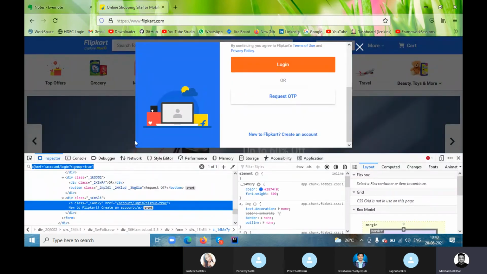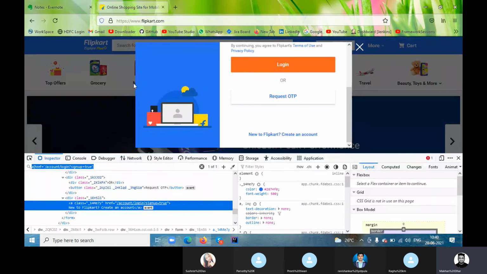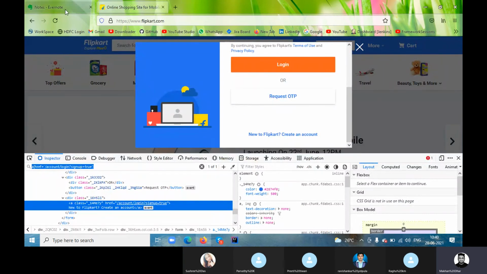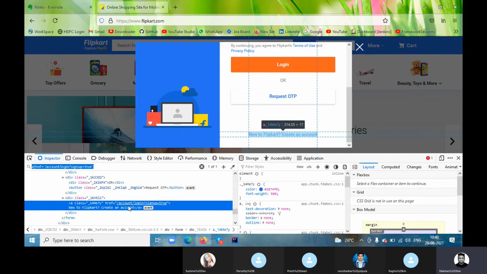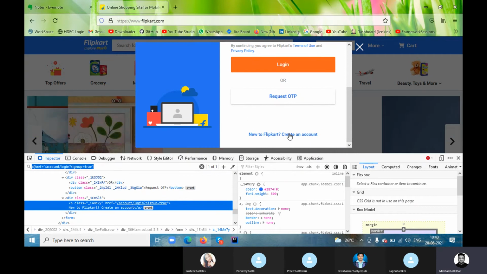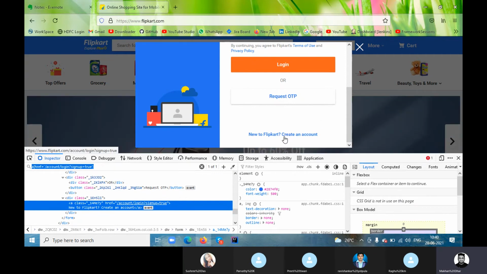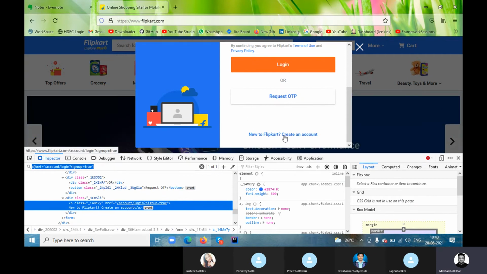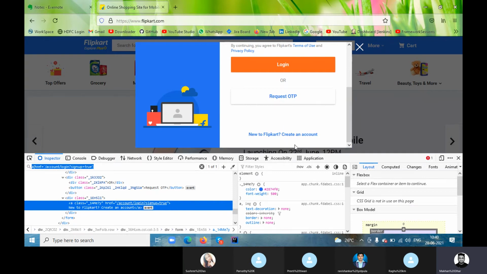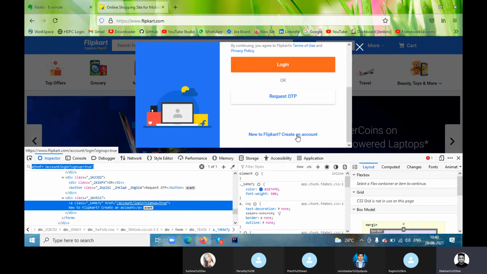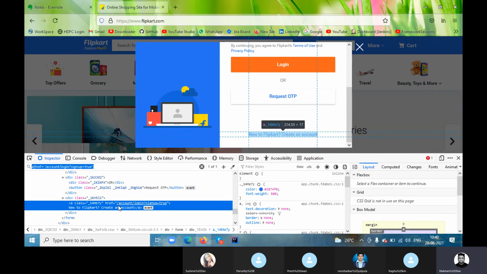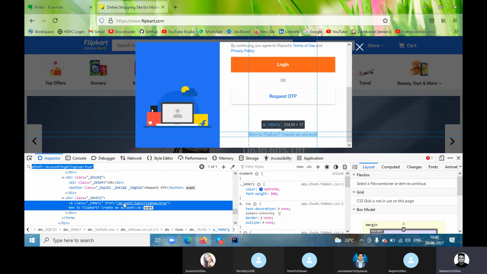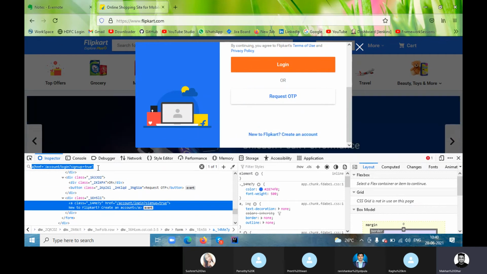On any particular thing, I cannot take serial by example because it's based on the attributes and all. So I'm trying to cover all the ways. Suppose you are getting a link on any page. In normal also it's a link. It's not something where you are entering some value or clicking on some button. No, this is just a link. For a link, when you inspect and get href, in this case just go with this syntax.